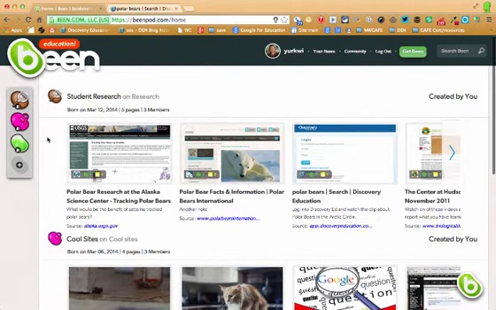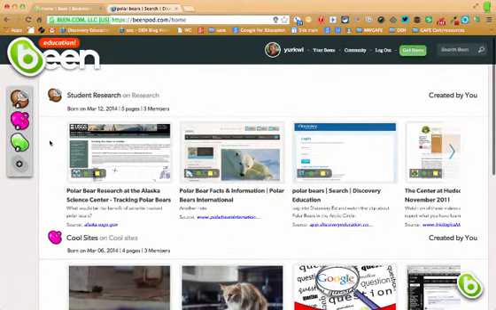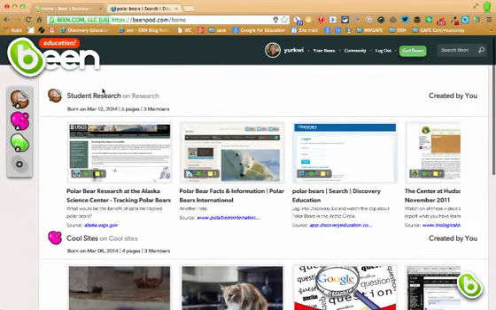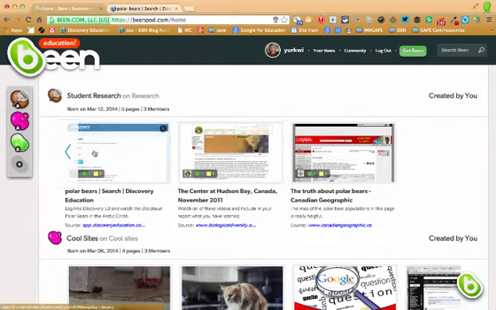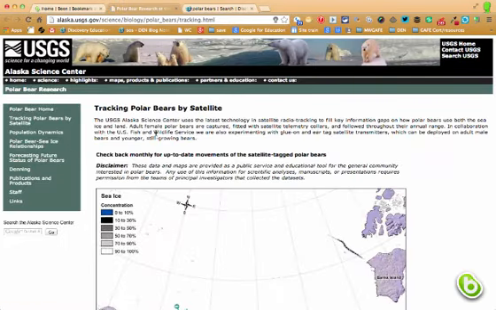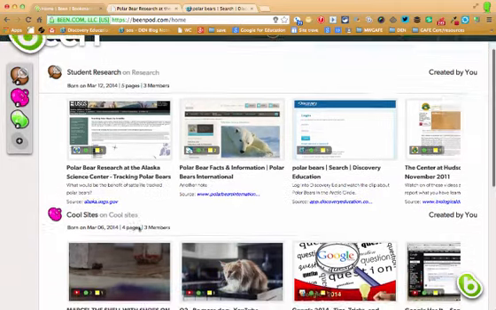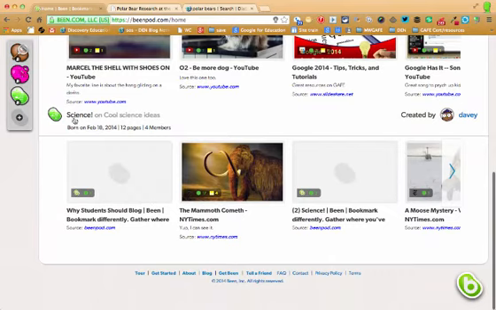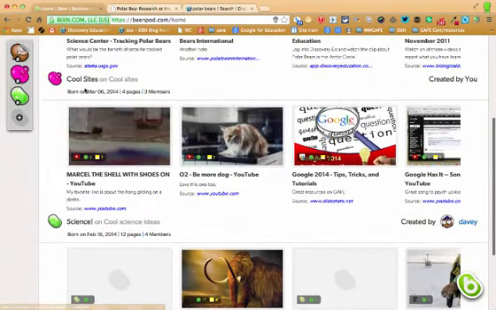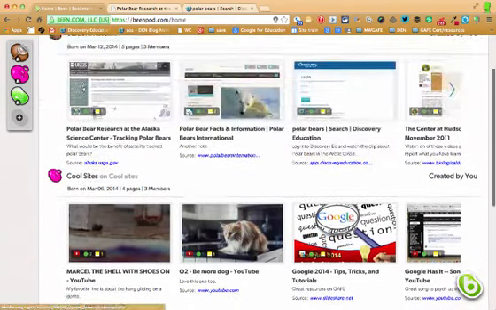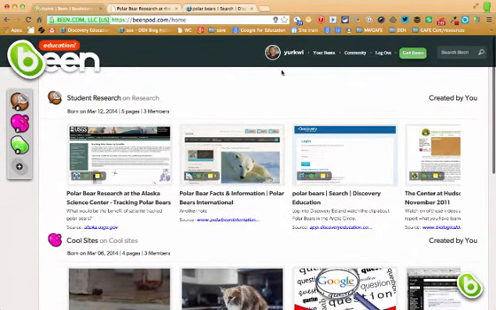But for the purpose of this particular page, I'll just demonstrate. These are sites that I could page through a little bit further. They give you an idea of what this bean, which I've shown you, is all about. And I can, as I've just done, click and go out to the actual site of that particular bean and see where it goes. You'll also notice there's a couple other sites within here. There's one on science, and there's one on just cool sites in general. So that's what the